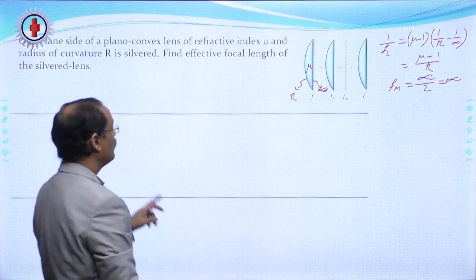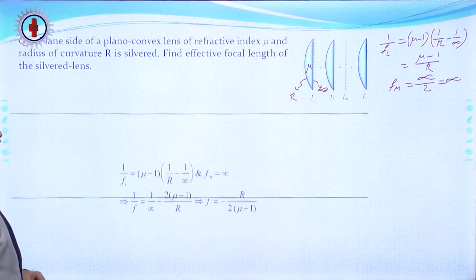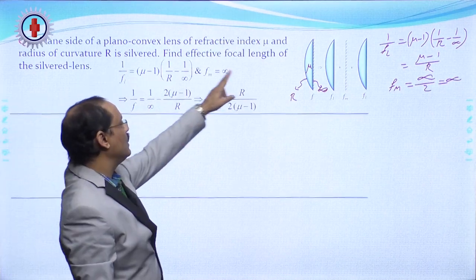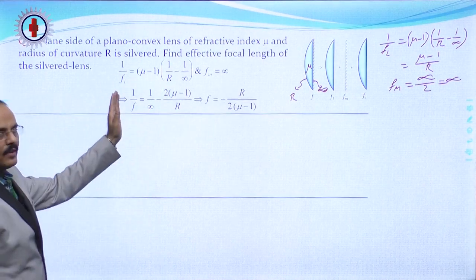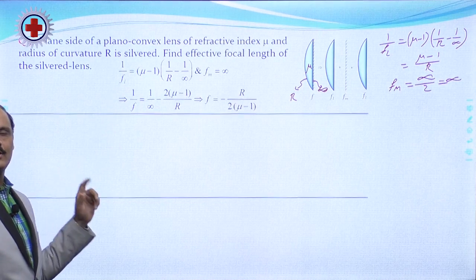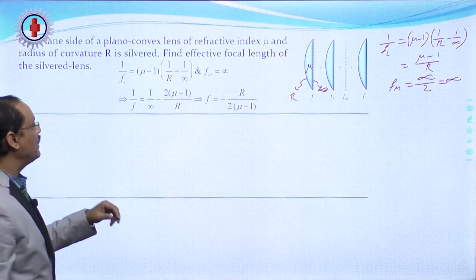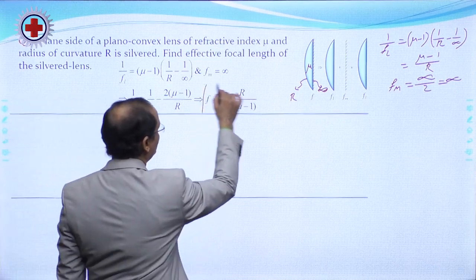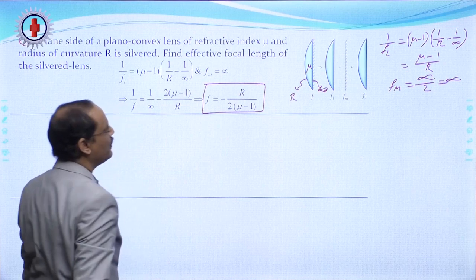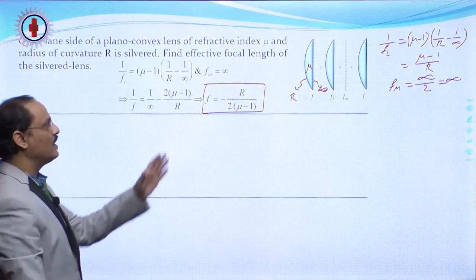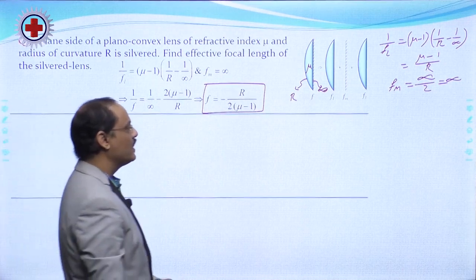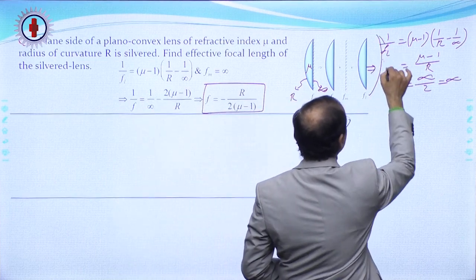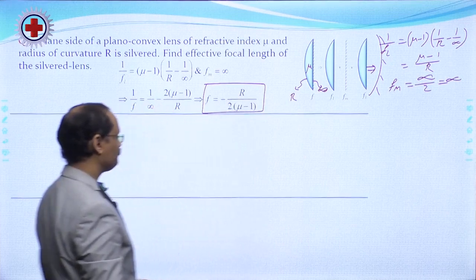Okay. So, what will be the focal length of the combination? We got the focal length of the lens and the focal length of the mirror, in the formula 1 by F effective is equal to 1 by Fm minus 2 by FL. If I put in the values, the effective focal length comes out to be minus of r by twice of mu minus 1, that is, it effectively behaves as a concave mirror. So, the effective behavior is like a concave mirror.